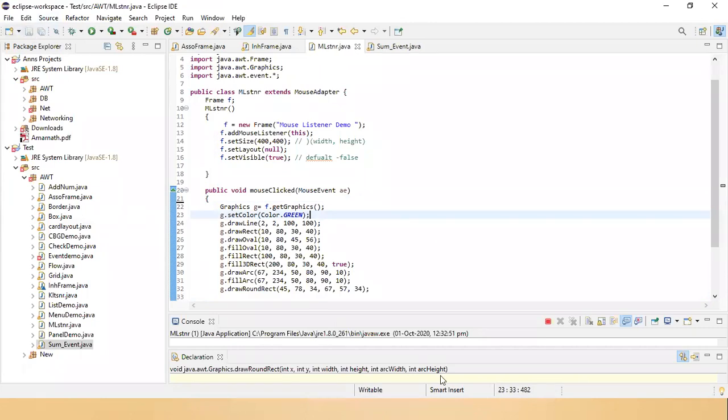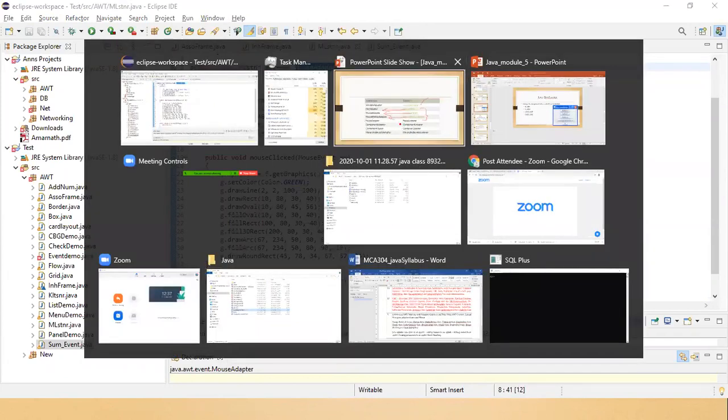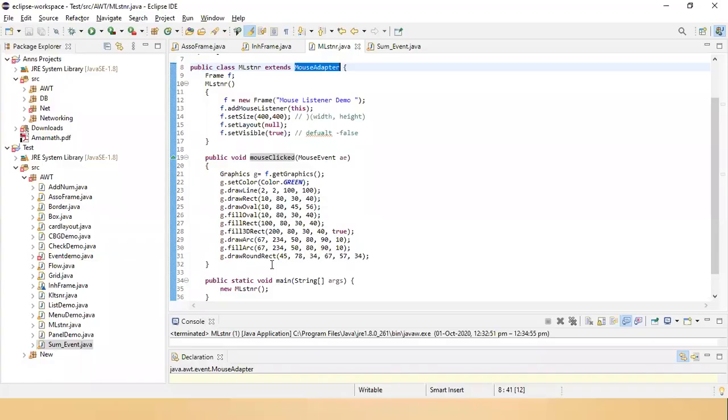Let's save my program. So we are done with mouse adapter, like the clicks of your mouse. Together with that, we even learned the graphics. We'll even learn the next one together with mouse listener, mouse motion adapter. So we'll have a new program for that. I'll have a new program,